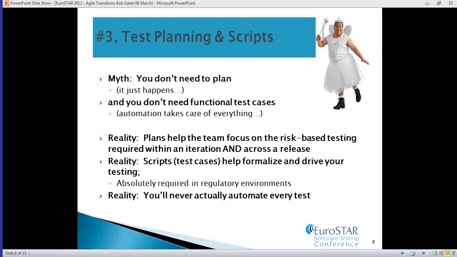Another reality is test cases. Helpful. I think we do write test cases. We do write things down. You do have a template, if you will. You probably want to lighten the weight of it. You don't want to have heavy weight. You want to assume that you have solid testers. You want to assume that domain experience is evident.